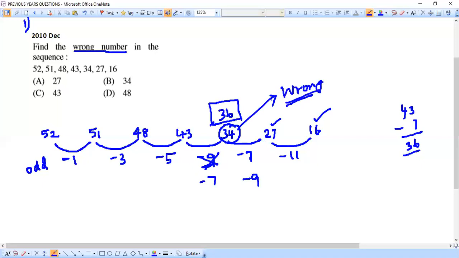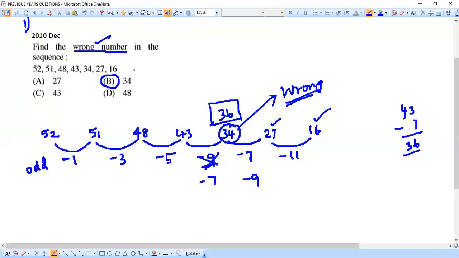Correct? I think you're able to understand this. And also, you should be able to verify it. See, the right number that should have been placed is 36. So if 36 is appearing, see the right hand side, if I continue, I'm not having any problem at all. So the flow is very much clear. But just because this 34 came, it made some disturbance in this pattern. So we can surely say this 34 is the wrong number that is being placed. So coming to the options, option B says 34, and that is the wrong number in this given sequence.